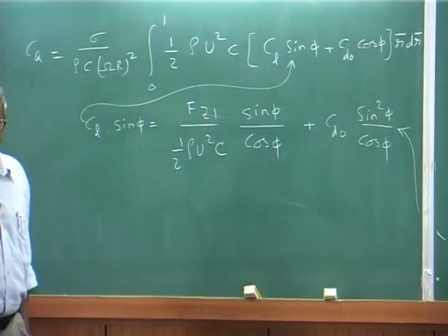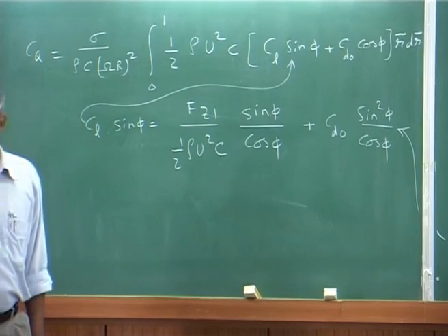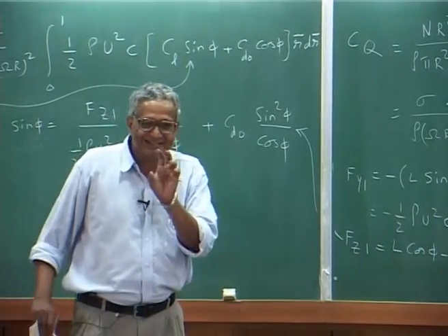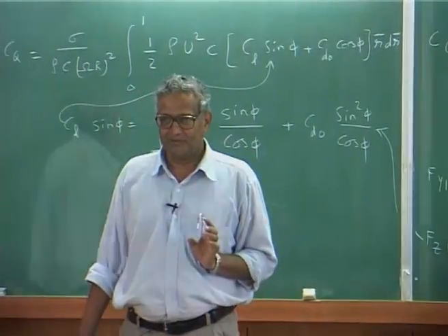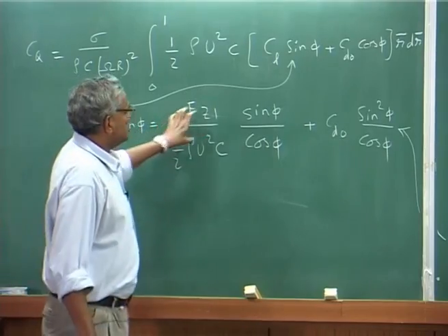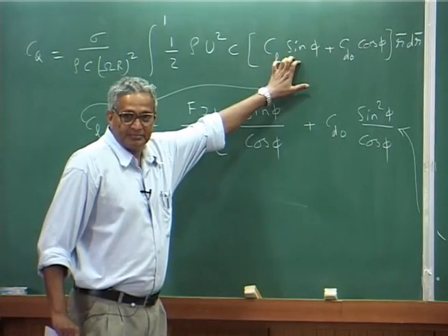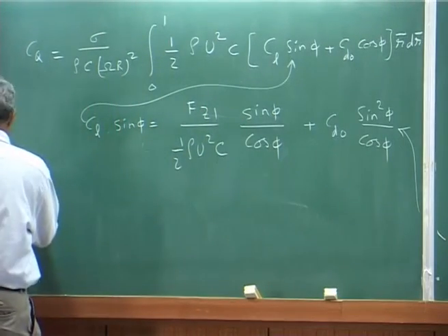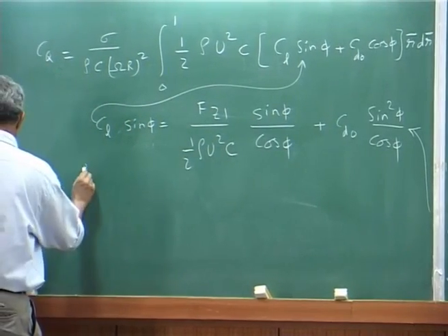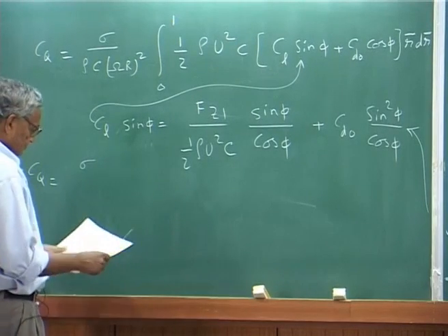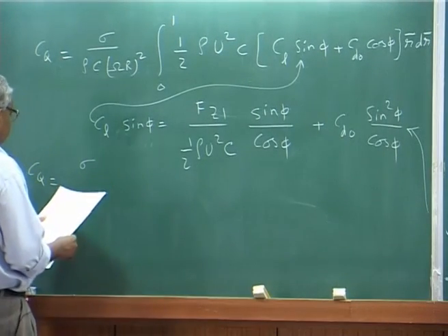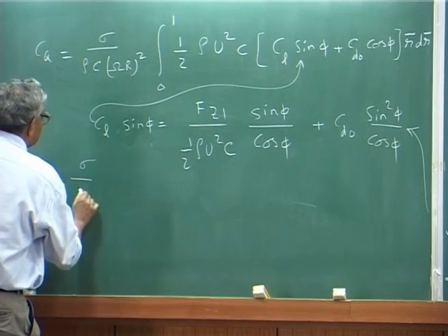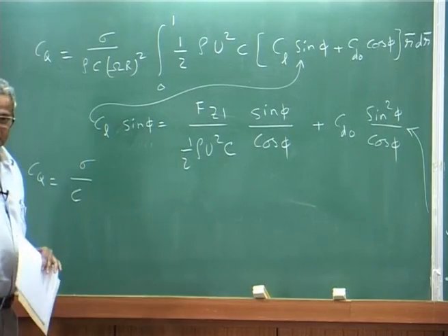Okay. This is just jugglery, that is all, mathematics. I am not making any approximation here, that is why this is a little tricky derivation. Okay. Now, what happens when I substitute this expression here, C_Q will become sigma, let me write the whole thing, sigma over C,